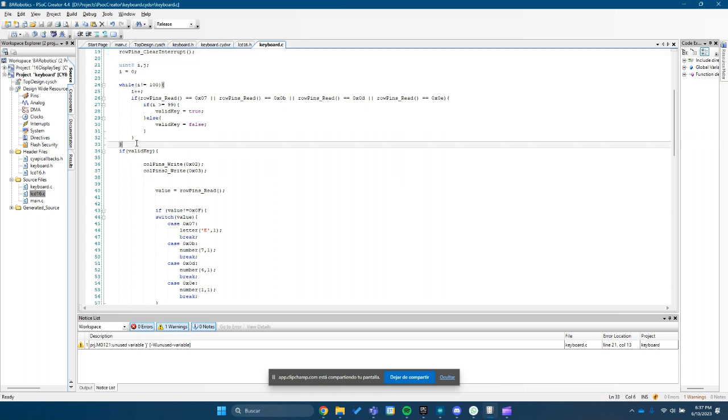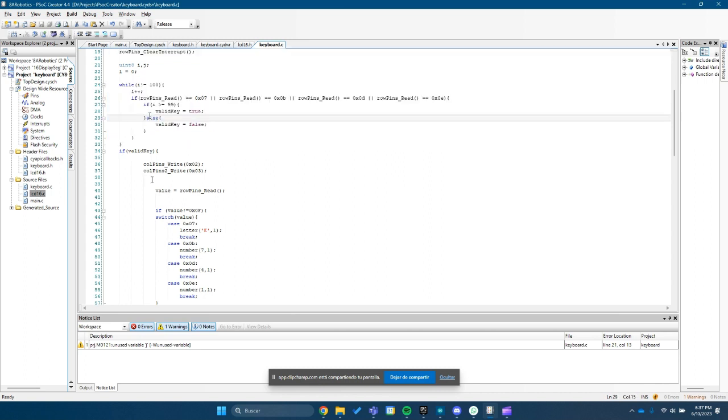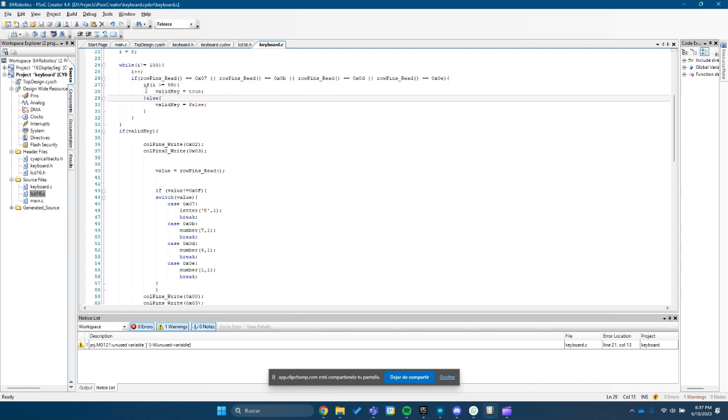So this loop makes sure that you press the button. When the loop makes sure of that, it just changes the value of this variable,